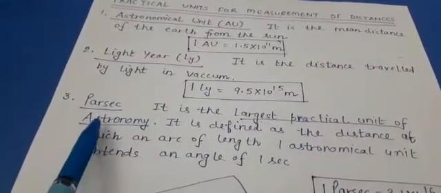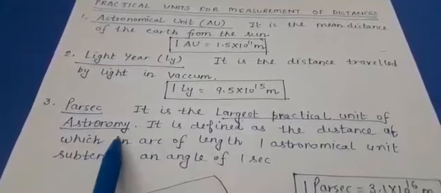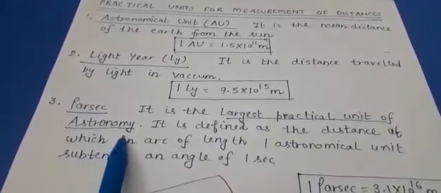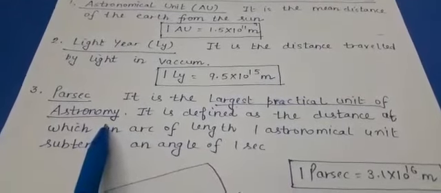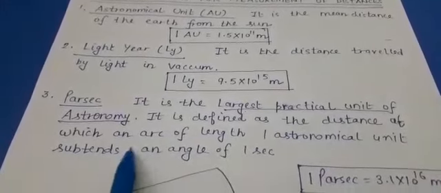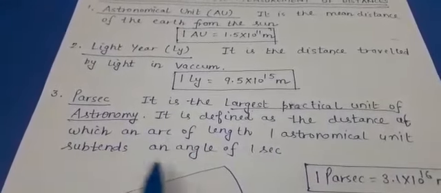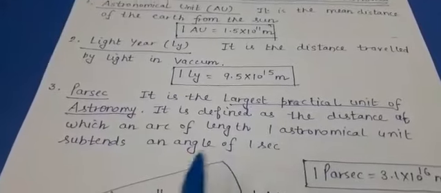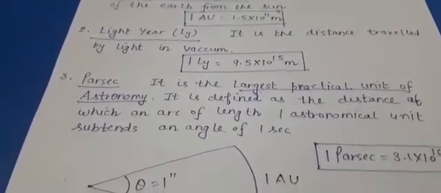Parsec. This you have to understand slightly. It is the largest practical unit of astronomy. Sometimes a 1 mark question can be there: which is the largest practical unit of astronomy. It is defined as the distance at which an arc of length 1 astronomical unit subtends an angle of 1 second. So to understand it, let me take